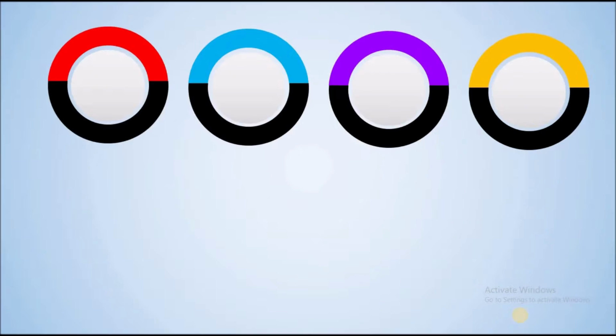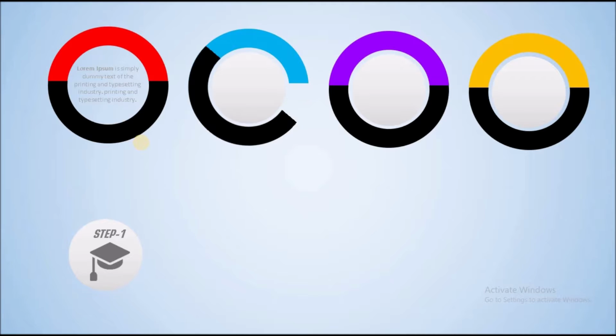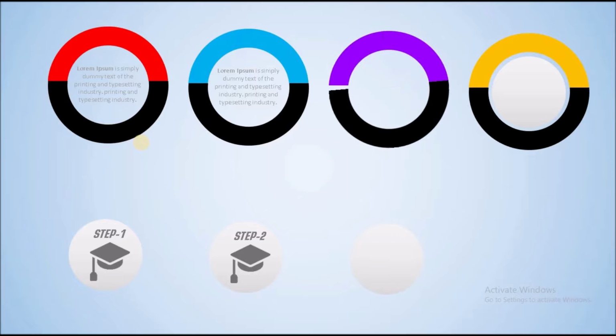I'm just clicking on presentation mode over here, and as I click on the arrow button, this black semi donut will revolve and the inner sphere will drop down. Let me show you guys. As I click on the arrow button, this will revolve and the text and the icon will appear at the same time. The text will appear inside this donut and the icon will appear on the sphere, white sphere over here. So this animation will work like this, and it's looking so pretty and awesome, eye-catching guys.